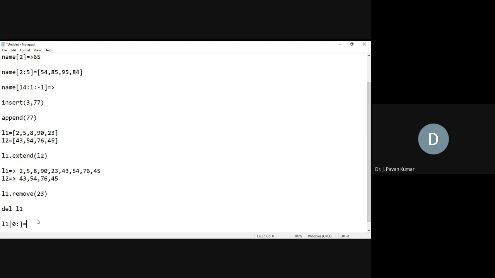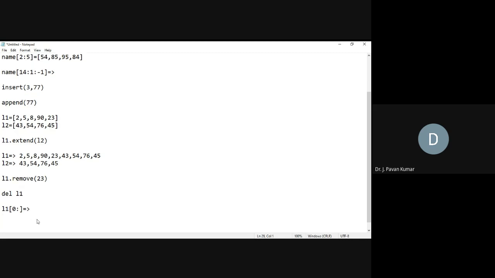So what will be the output of L1[0:]? 2, 5, 8, 90, 23, 43, like that the entire list will be displayed, starting from 0. That is the flexibility available in Python. Now consider L1[2:]. Then what will be the output?